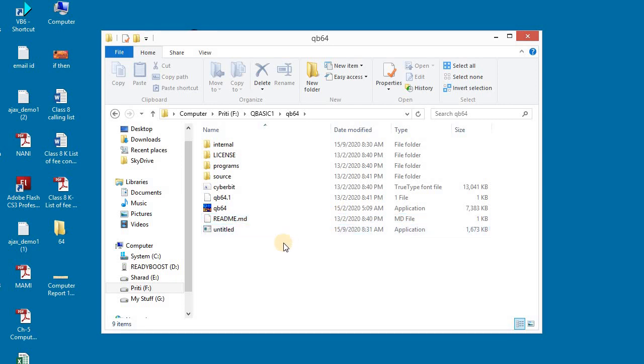Here you can see a blue icon. By clicking on this icon, you can open the QBasic window.